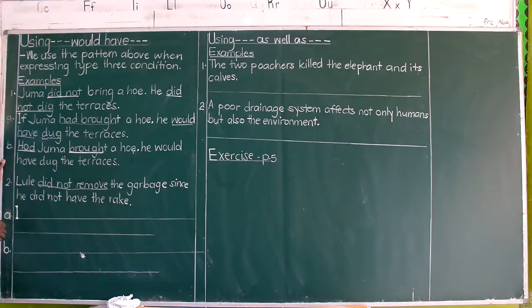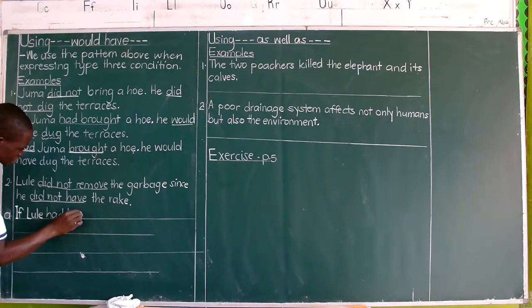That's obviously past. The garbage. Since he did not have past. If they tell you to begin with if, the teacher is indirectly telling you to use if 3. So you see, if Lule, what did we do here? If Juma had got. So we say, if Lule had,